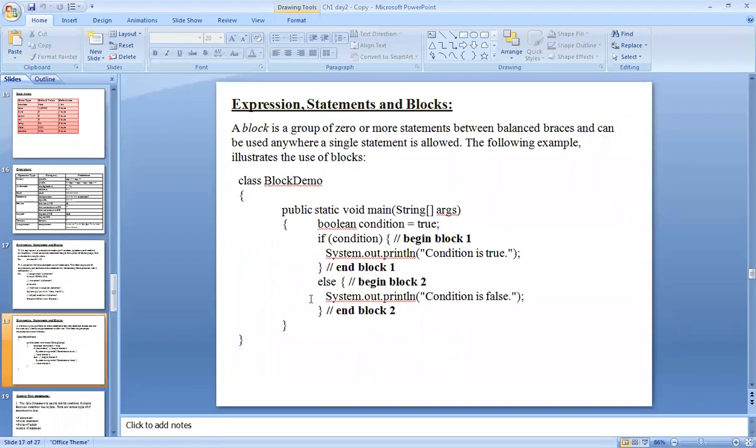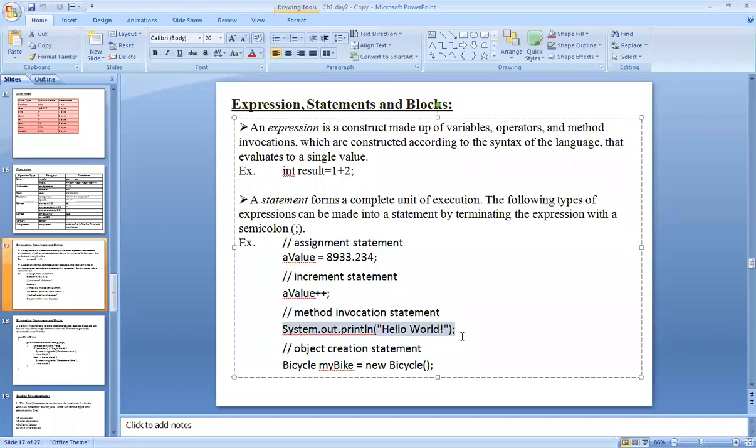Then method invocation: you have written something on the method to print the values or to take the values from the user, that comes under method invocation statements. And object creation. From the next chapter you will see how to design objects. So whenever you complete a particular statement, you write the semicolon, and according to the type of creation or type of method, its name is generated. Here you are designing the object, that's why it is called the object creation statement.